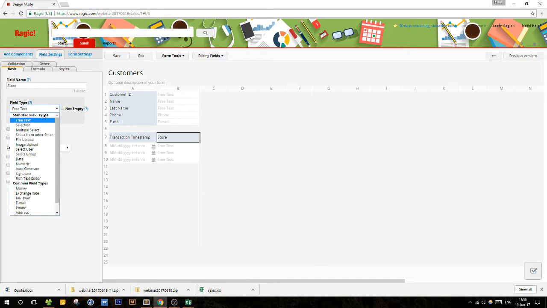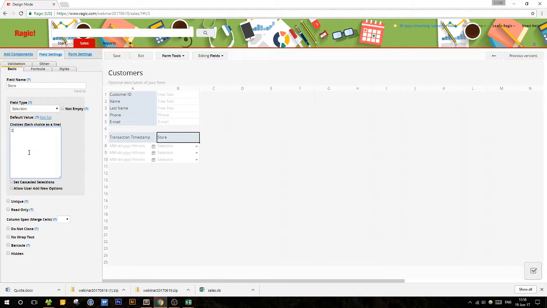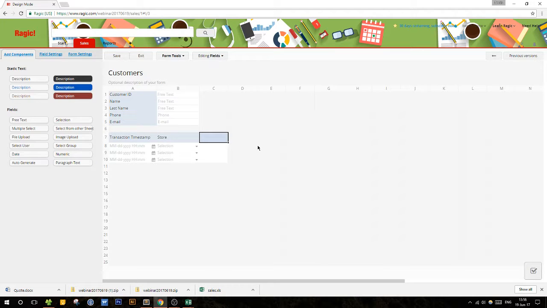For example, I have 5 stores: Bank, Catherine, Queen, Princess, and let's say Slater. These are my 5 stores on different streets, so I just have their street name. And